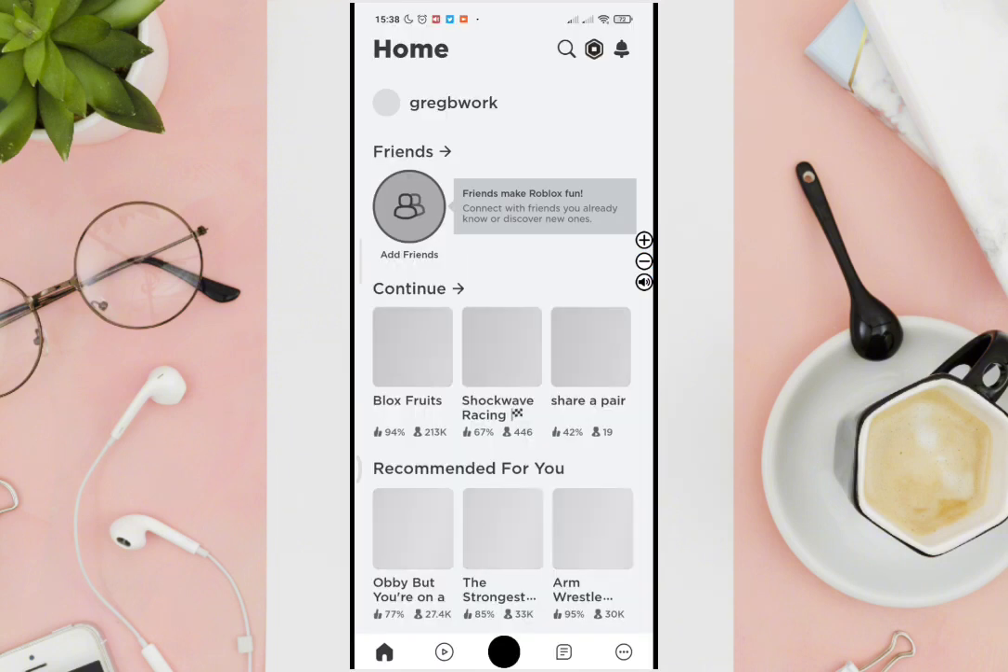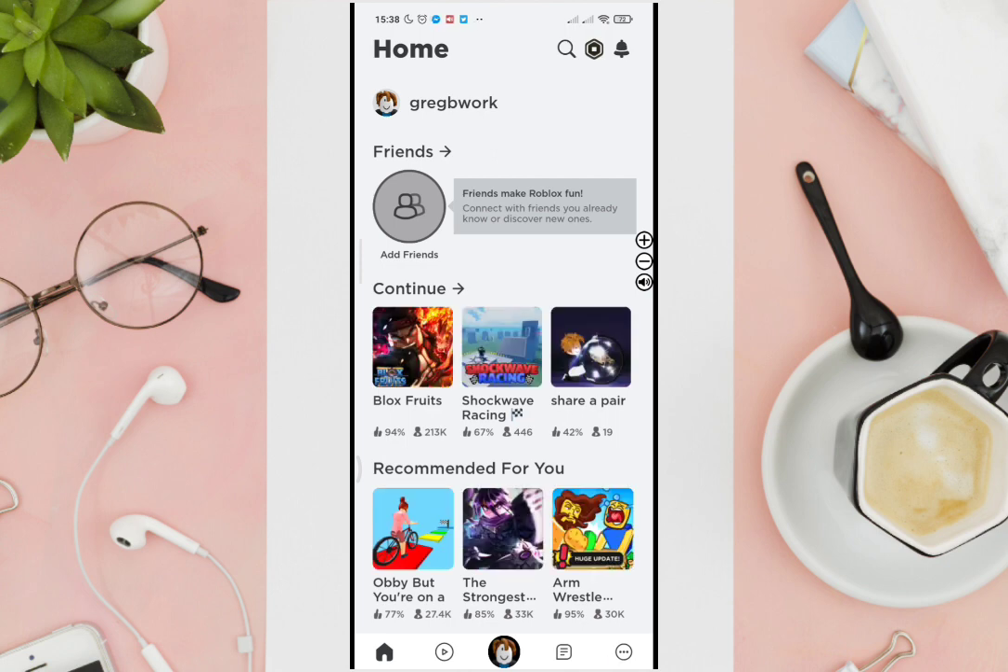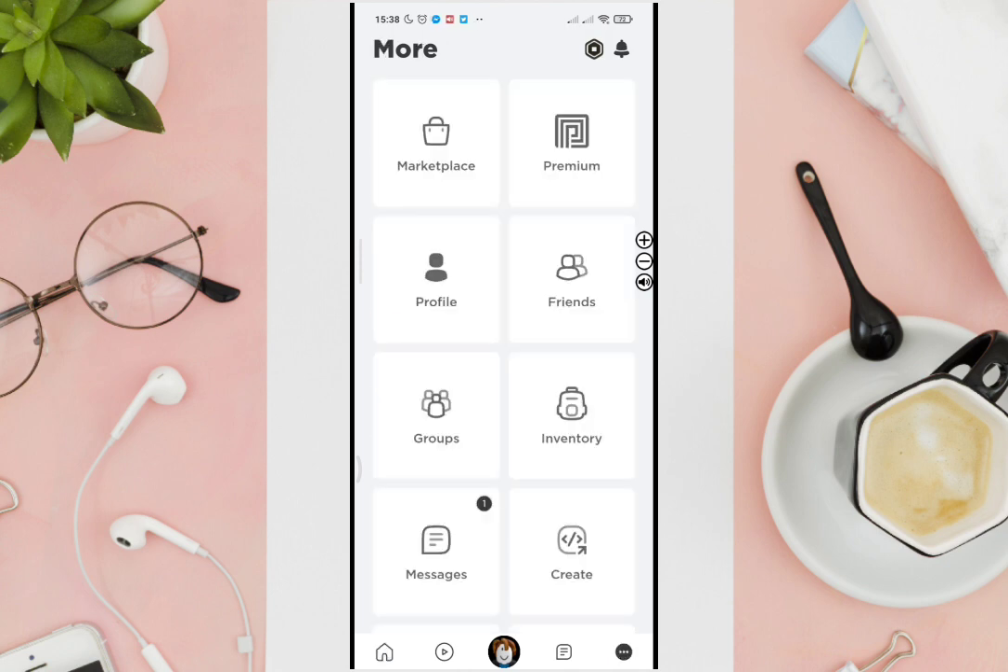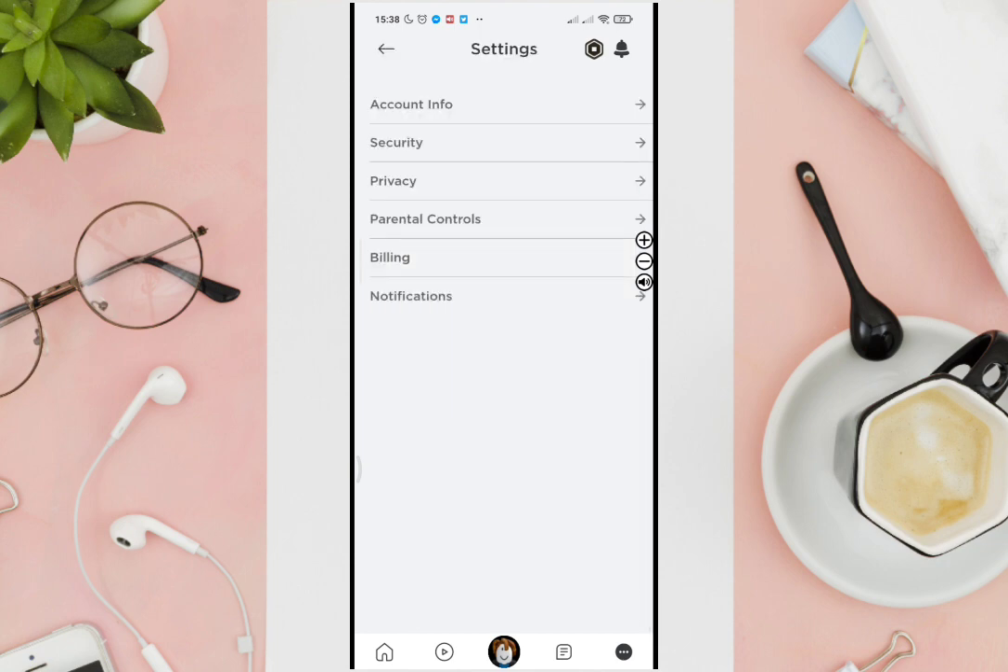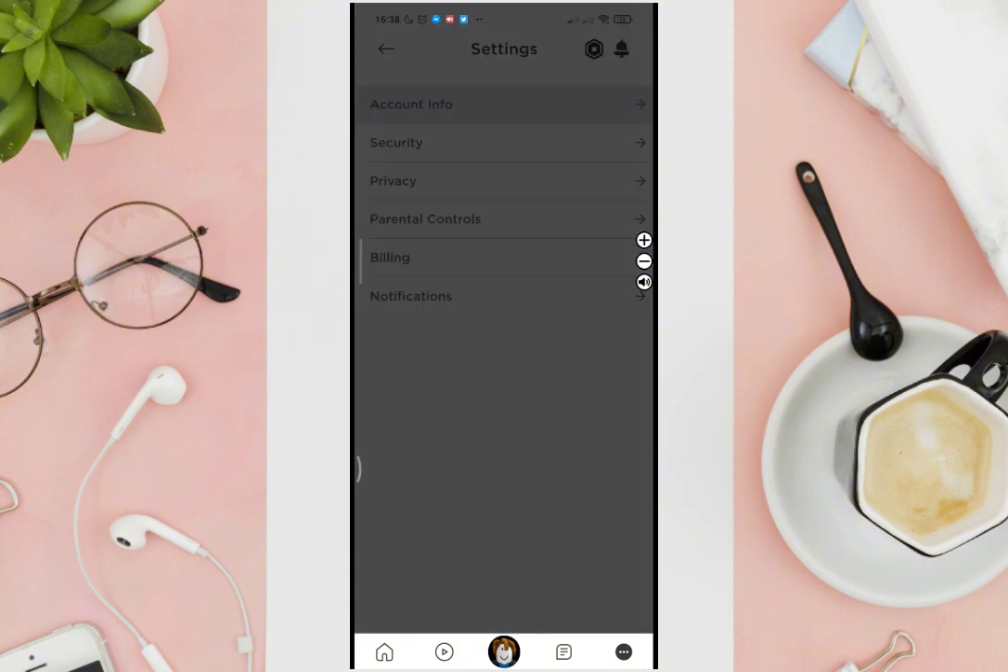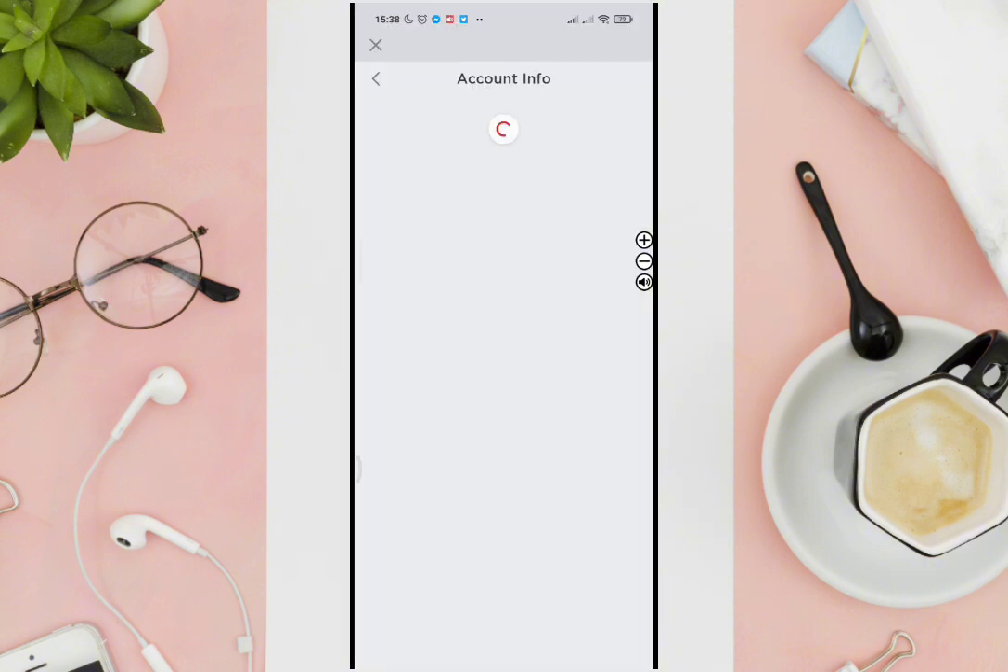And then just click on the three dots at the bottom right corner of your screen. And then scroll down until you see the settings. So you'll then just have to click on that and then click on account information. Okay, then wait for a few seconds